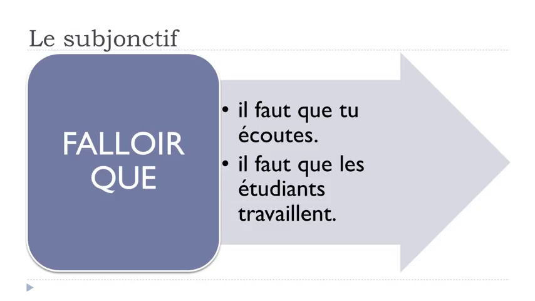All right, so for instance, if we have a look at these sentences, so falloir, it's to need, to have to, okay? Il faut que tu écoutes, all right? And in that case here, we'll see a bit later, of course, how to make it, but still, you've got this verb, écouter, and this form is the subjonctif, okay? Il faut que les étudiants travaillent. All right. Il faut que les étudiants, and then here you've got the verb travailler, to work, and this form